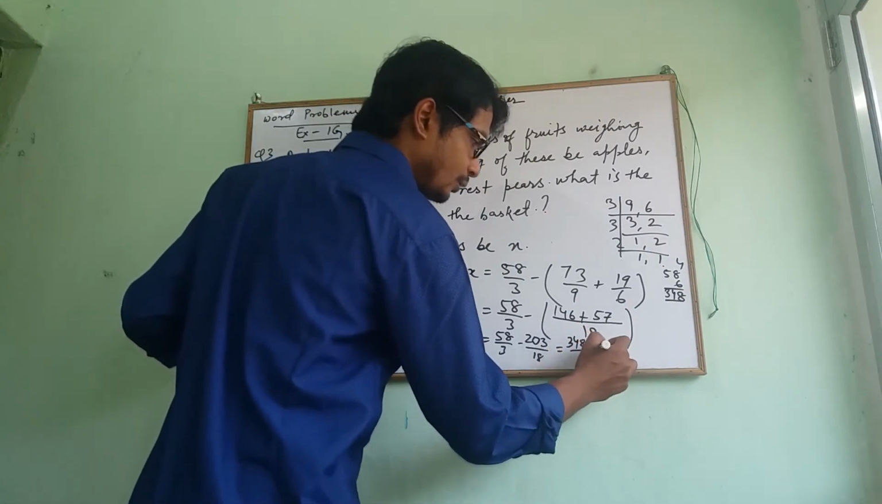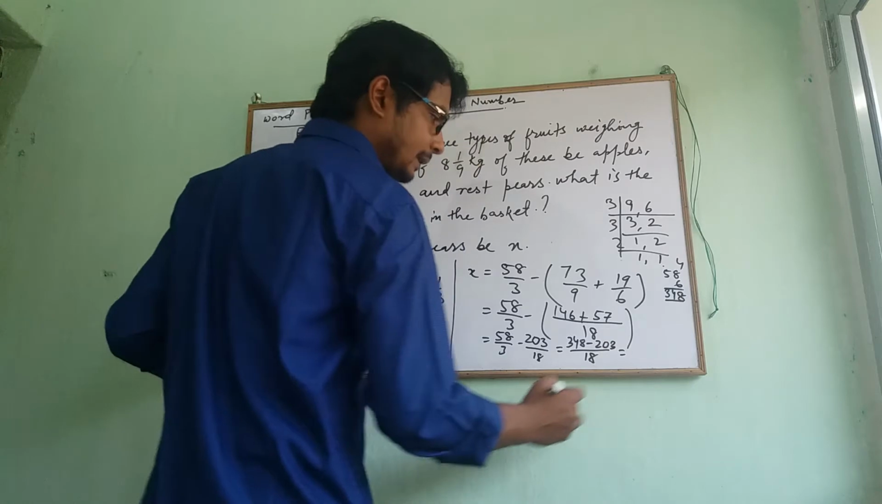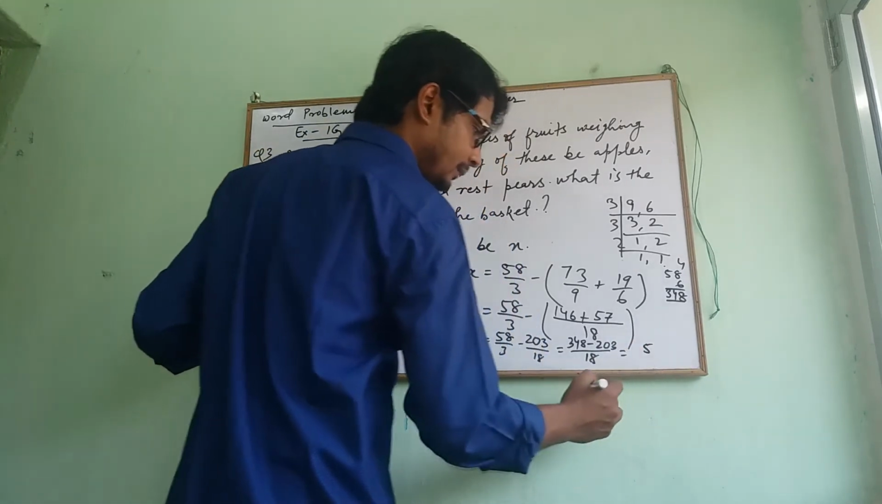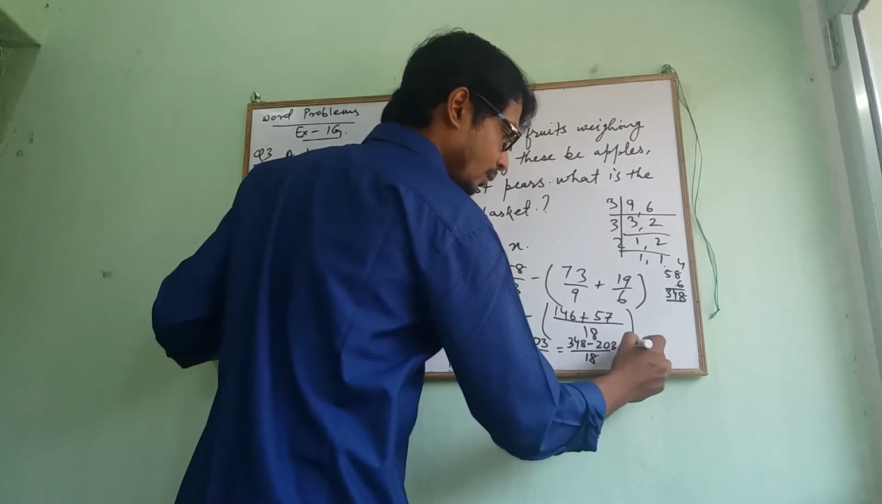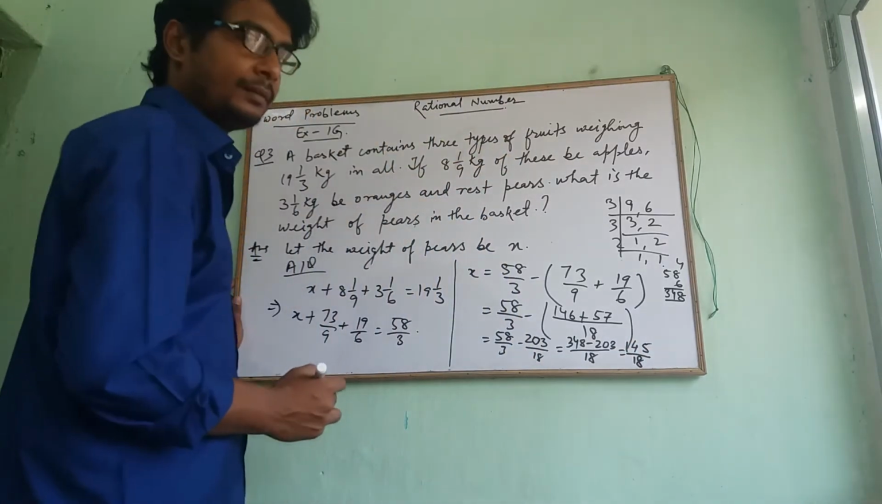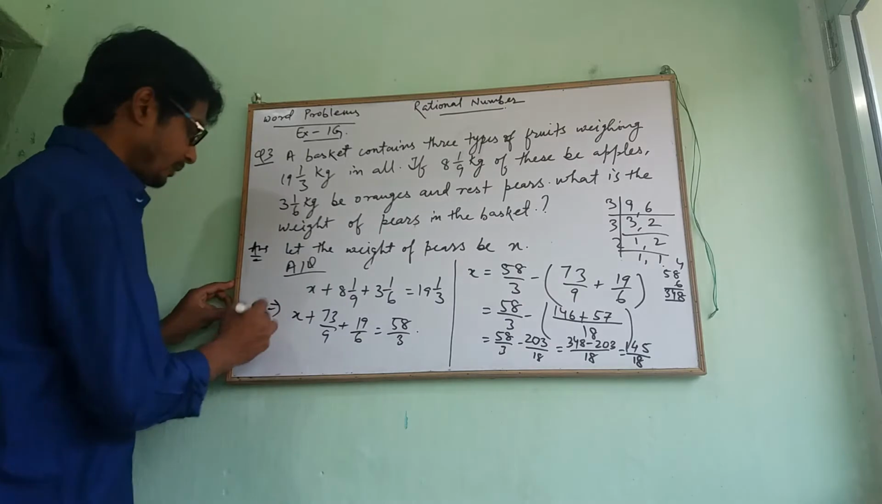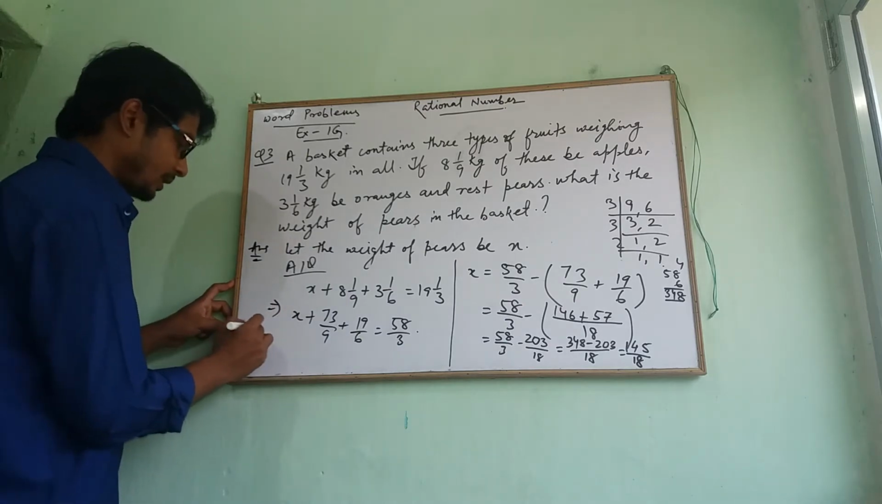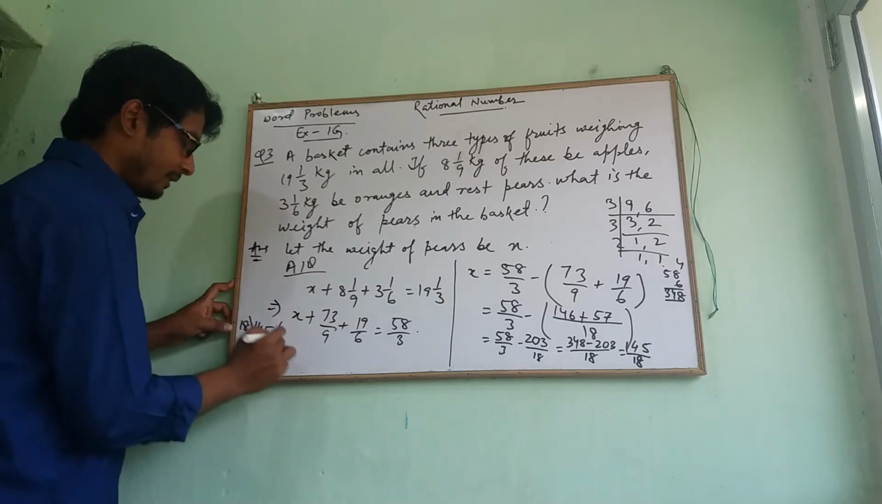348 minus 203. So my answer is 5. This becomes 4. This becomes 1 by 18. That is 145 by 18. Now convert this into a mixed fraction. How will we convert this into a mixed fraction? 145 divided by 18. So I will get,